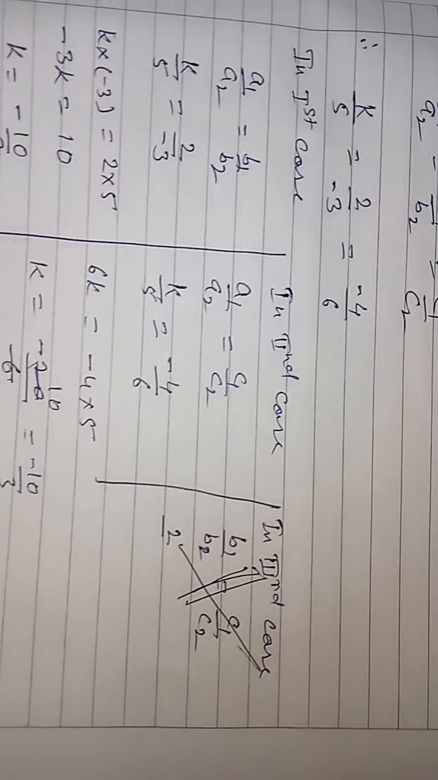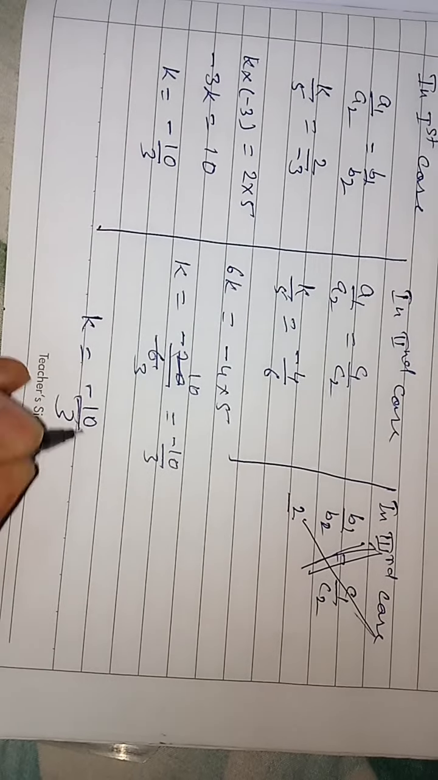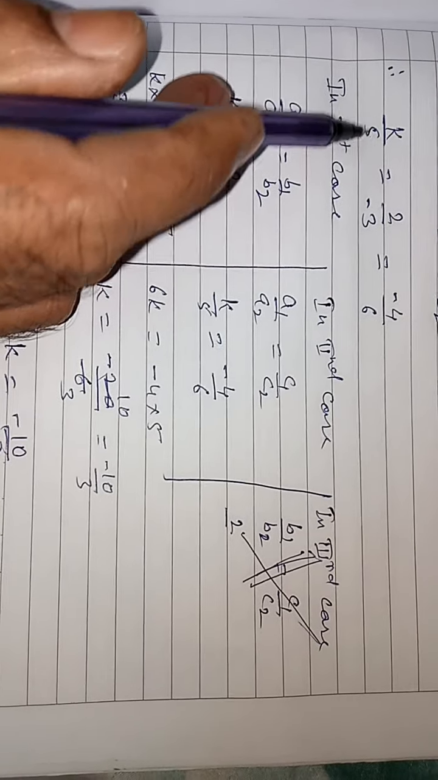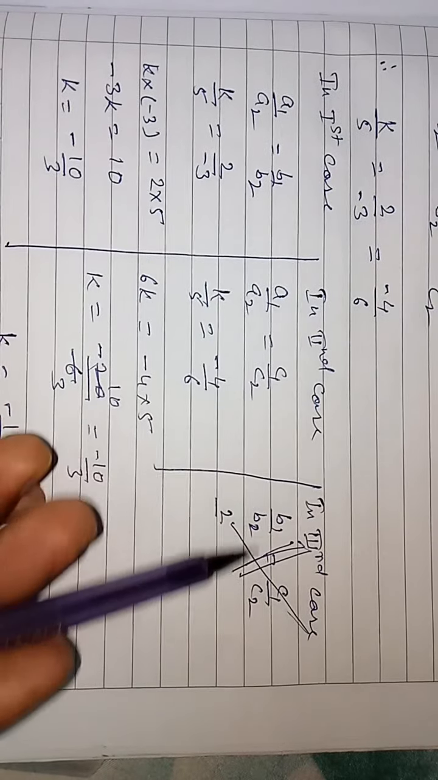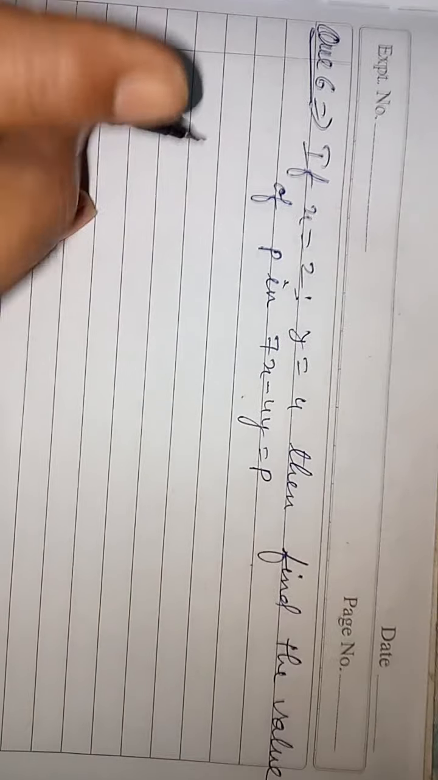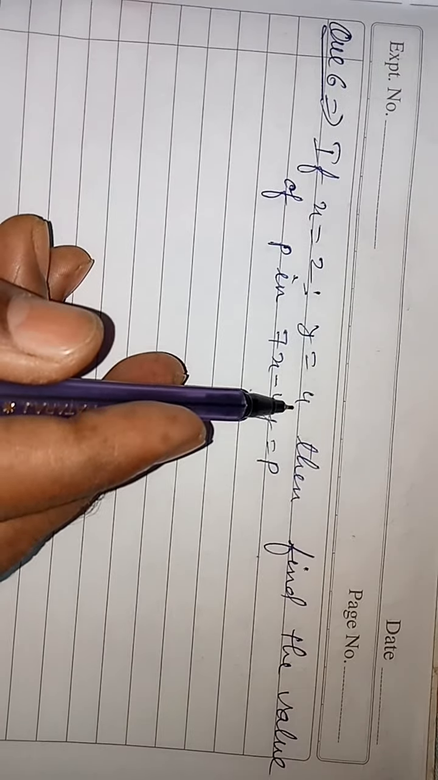So your answer will be k is equal to minus 10 by 3. Only the variable, k, was given in this question, so we compared it with both. We do not need to do b1 upon b2 equal to c1 upon c2. Question number 6: if x equal to 2, y equal to 4, then find the value of p in